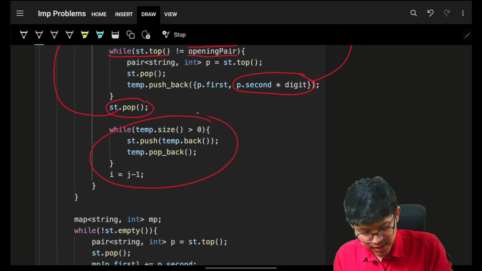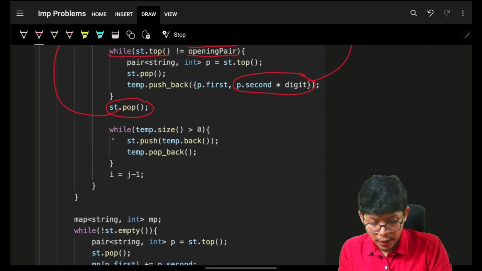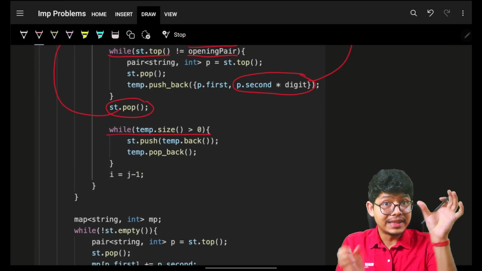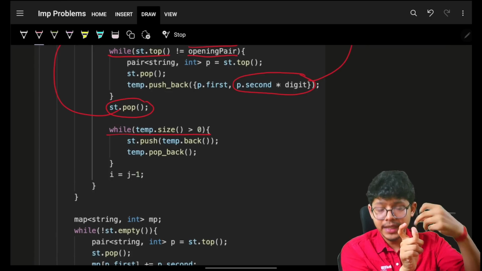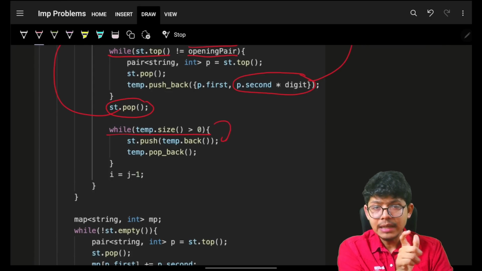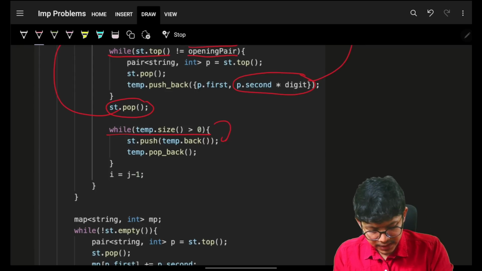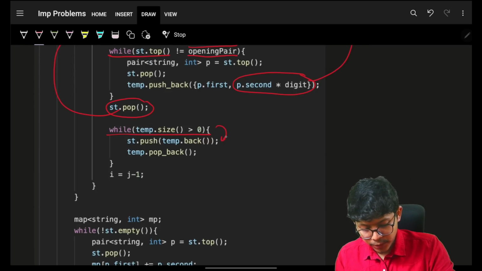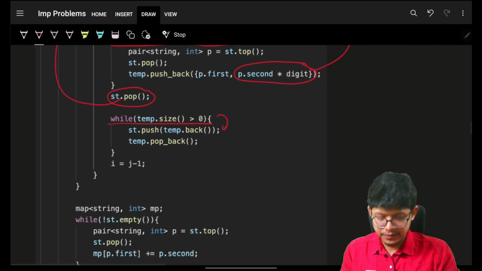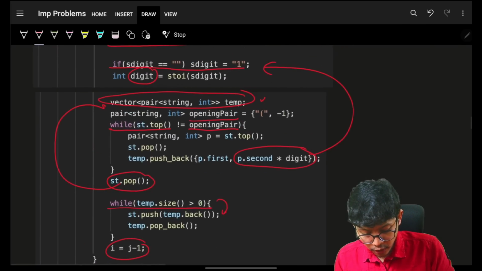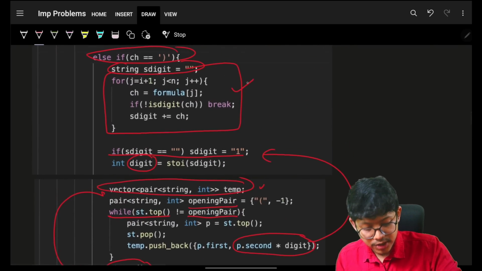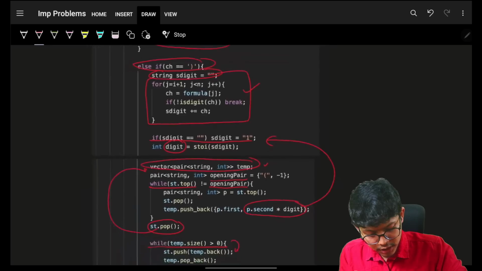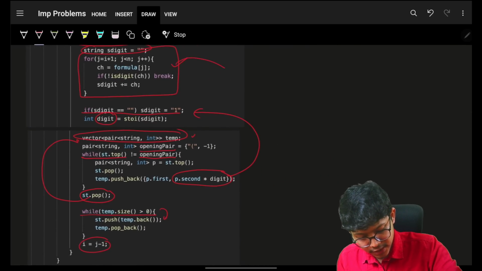Now when this portion is done, you know that you have to simply remove from the vector which you have put all the multiplied variable, put it back to your stack, because it can be a nested thing. So you want to put it back to your stack, because your stack should contain everything. And ultimately here also, because you did jump on to all the digits, make sure to not repeat the loop and